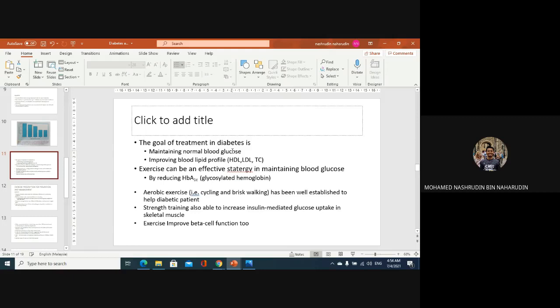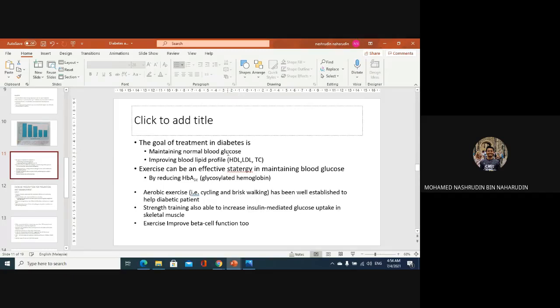So make sure they have, prepare their insulin jet, and also you must prepare them with foods that can help them increase the blood glucose if they are hypoglycemic. So when they do exercise, make sure they have these two in hand. Okay? And apart from that, since